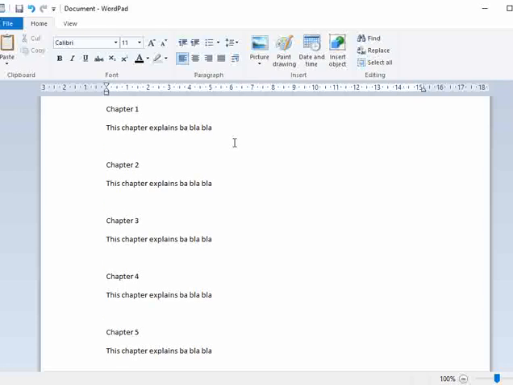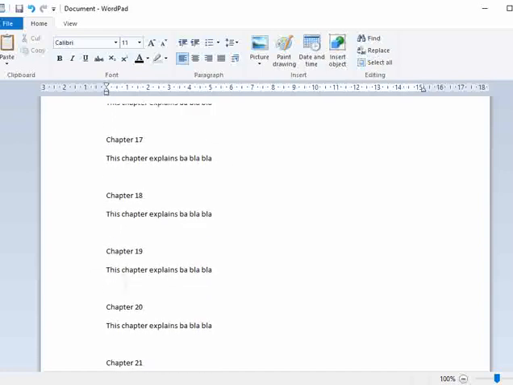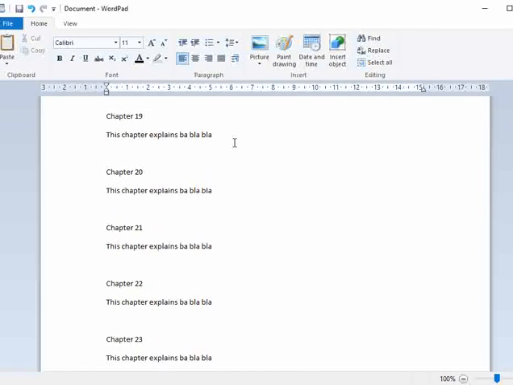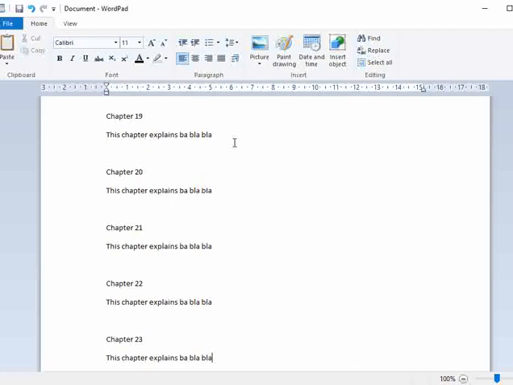Okay, so I want to open chapter number 23 directly without scrolling my page down. Right now I am scrolling the page down to chapter 23, but I want to reach chapter number 23 directly without scrolling down. So for this purpose we use bookmarks. Understand? So I'm going to create the bookmarks, and then after that you will understand how to create bookmarks in HTML using the same anchor tag.